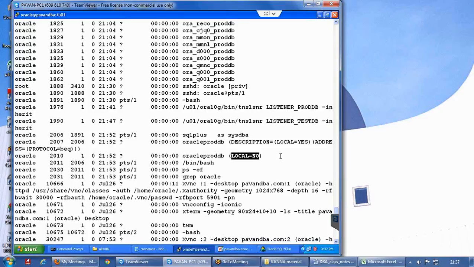So are these points clear? Does anybody have any queries?